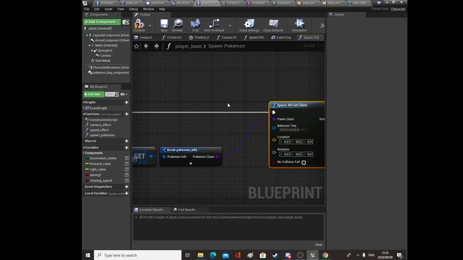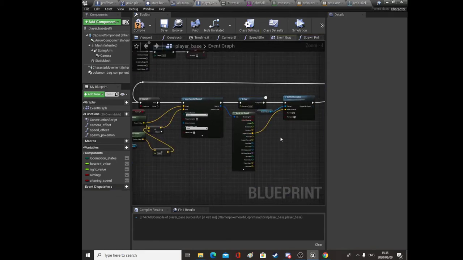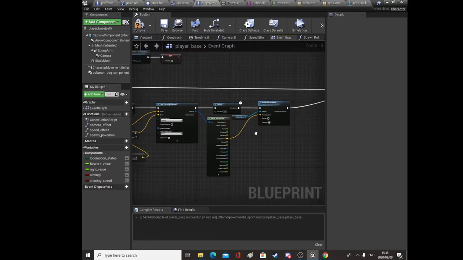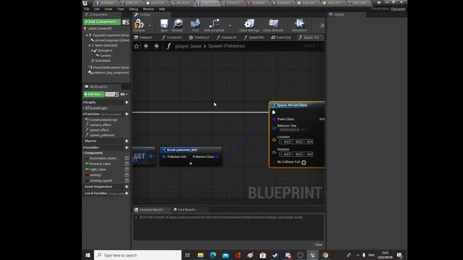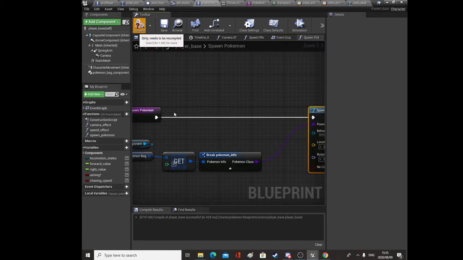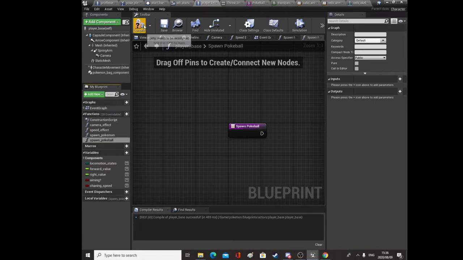And the place that we want to spawn this guy is going to be our hit location in the world from our aiming. So what we're going to do is, actually we won't even spawn it there. First we need to spawn our Pokemon. So we started on that function, we'll leave it like that. Now we're going to say spawn Pokeball. Alright, compile,